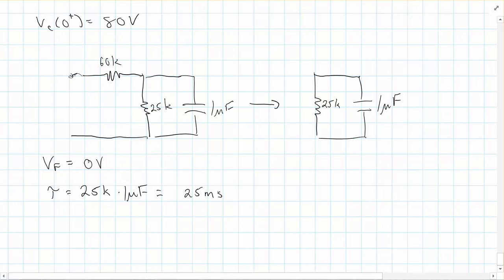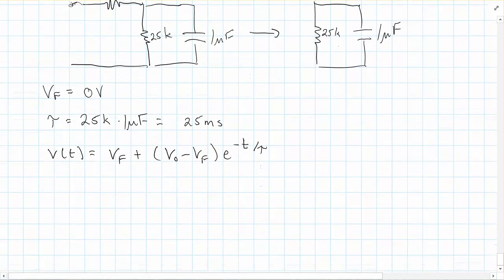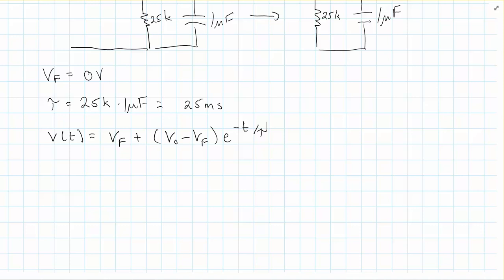And now we're ready to write my equation down, because remember, for capacitors, we're looking at voltage, and so it's V final plus V initial minus V final, e to the negative t over tau. This is really the only equation, along with the current one for inductors, that you really need to know to solve these problems, because you can always find the final value. In this case it's 0, so we'd have 0 plus